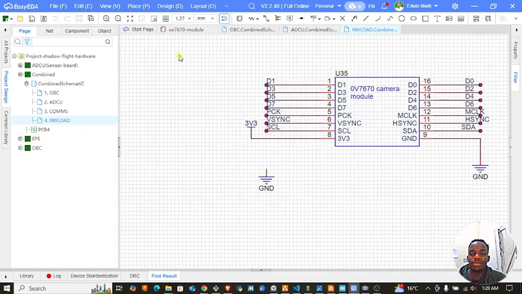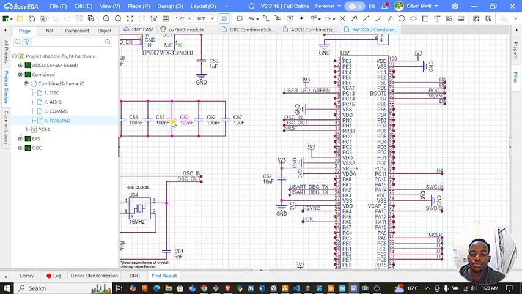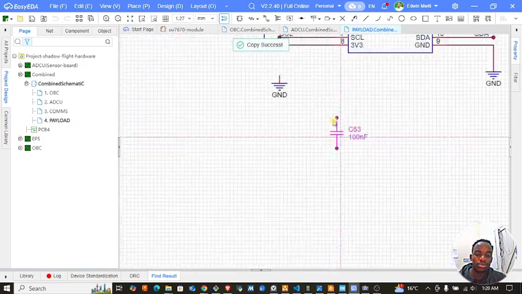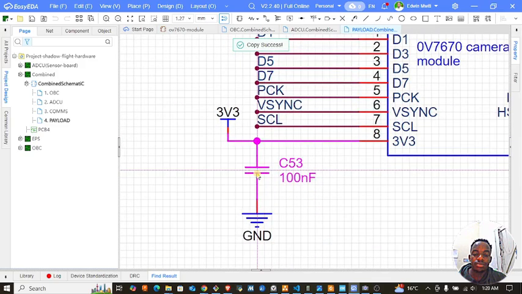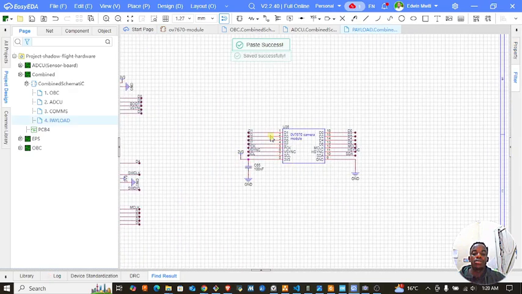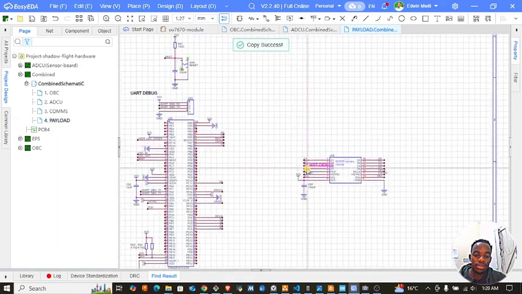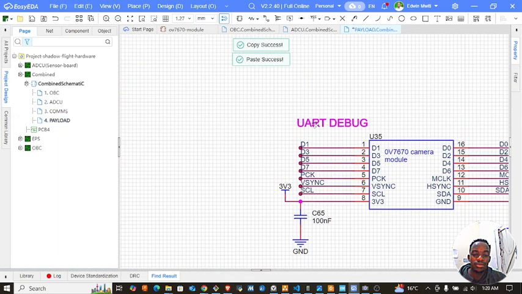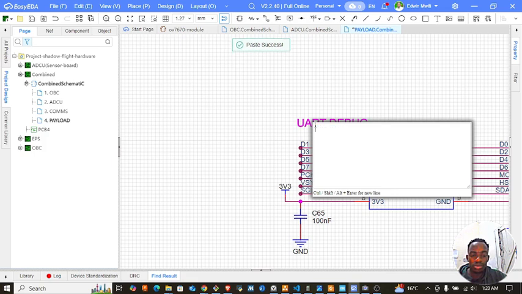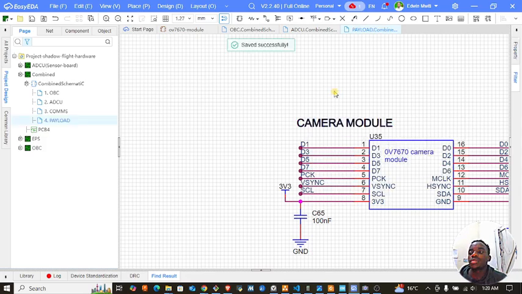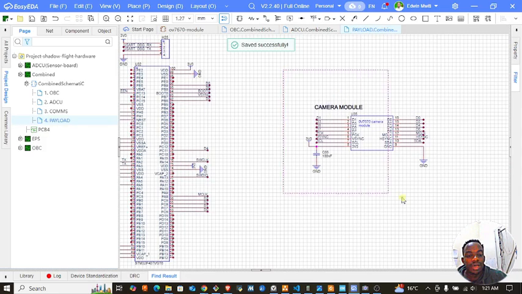There should be a capacitor here, capacitor to ground like that. All right, so this is the camera, right? The camera module that way. Okay, so yeah, this is what we were to do in this video, interfacing the camera from